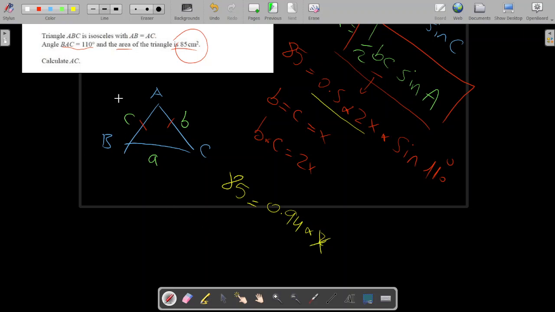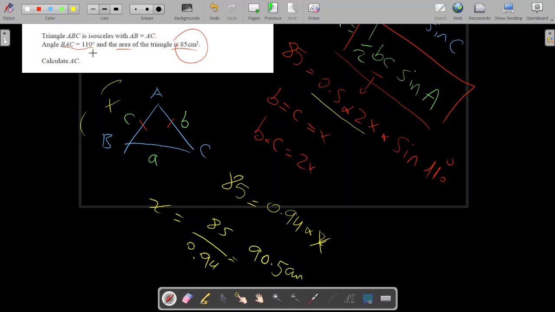This is representing x. So x is going to be equal to 85 divided by 0.94, which is going to be equal to 90.5